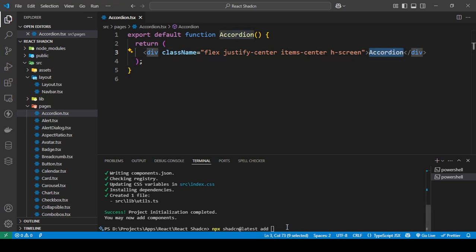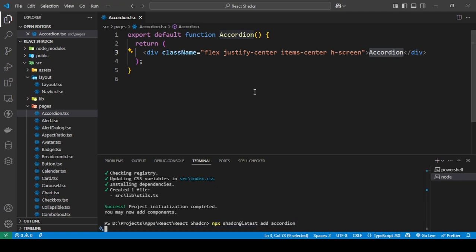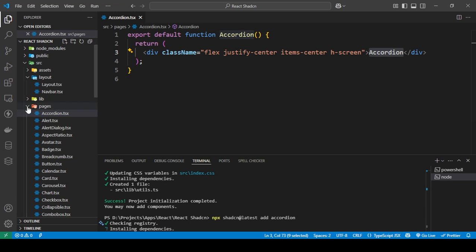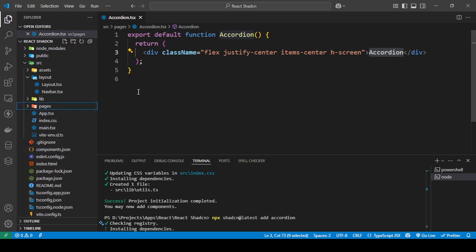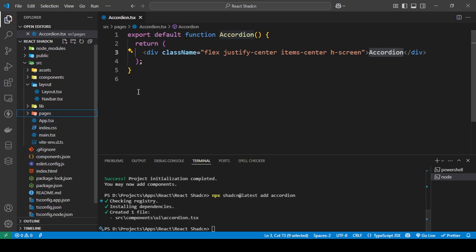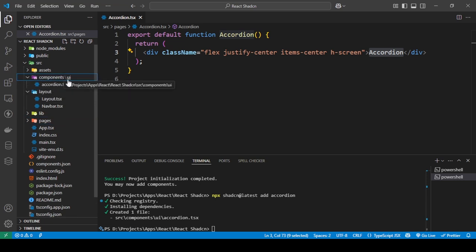So I'm just going to copy this and paste it here. The letters are always lowercase, and then just press enter. As you can see, a components folder has been created and all of your components from Shadcn will be inside of this, and they will be inside another folder called UI. Okay, so the accordion,